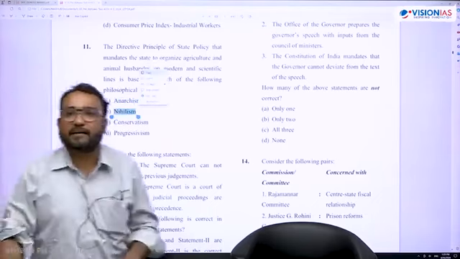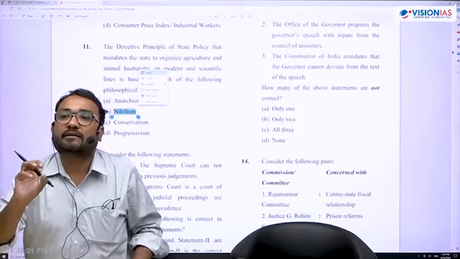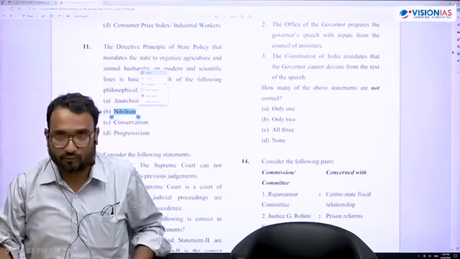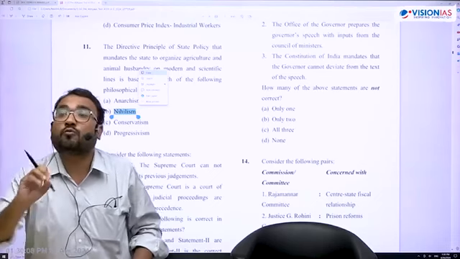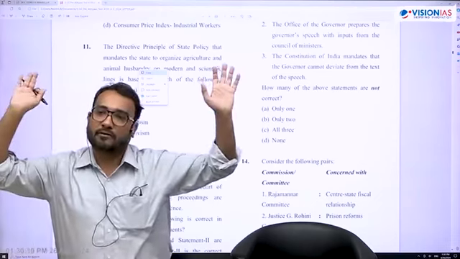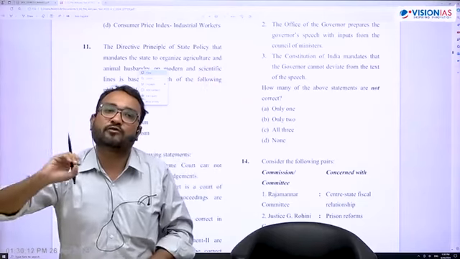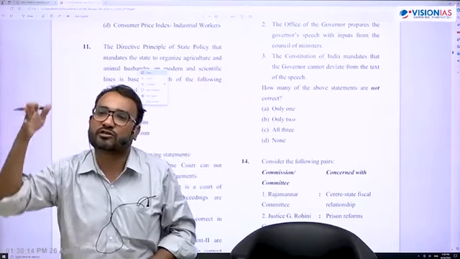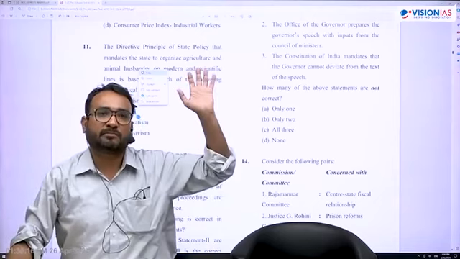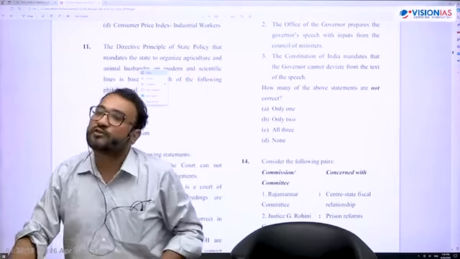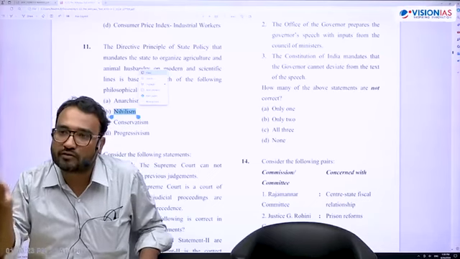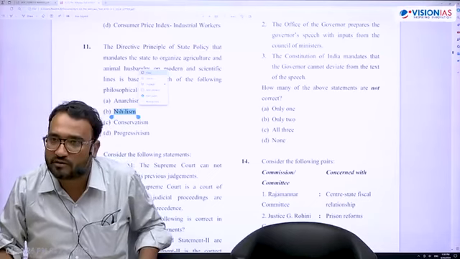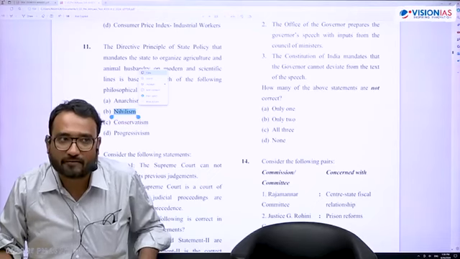Nihilism is an idea that doesn't believe in traditional values, that doesn't believe in customary values. Those people want everything to be completely dismantled. Traditional values, customary values, traditional institutions are not respected, everything should be dismantled, and that is nihilism. Do you think that organizing agriculture on scientific lines would lead to dismantling of traditional values? So it is nothing related to that.